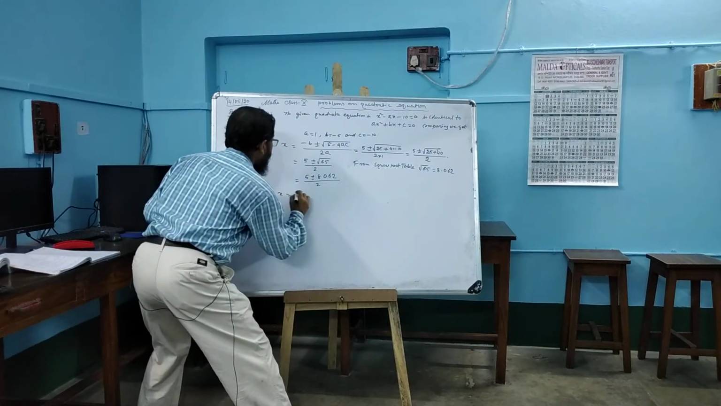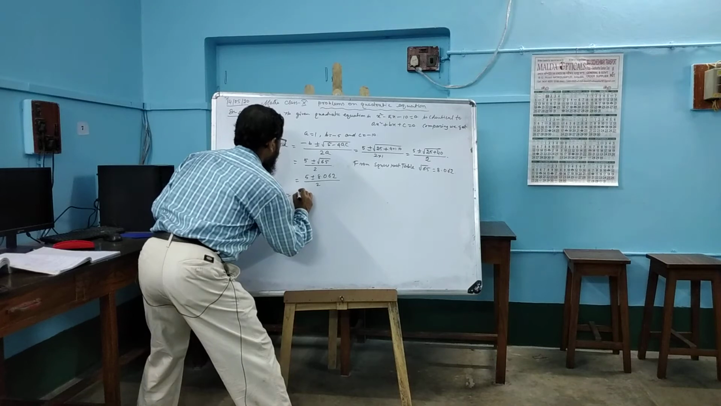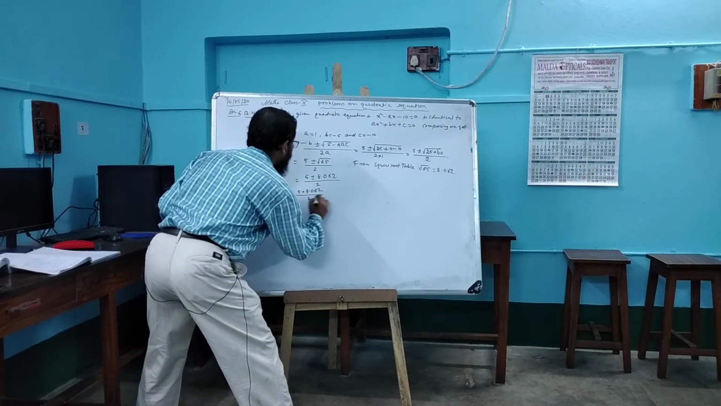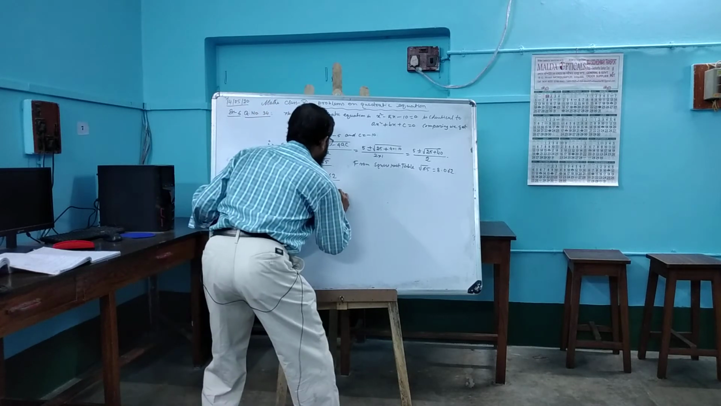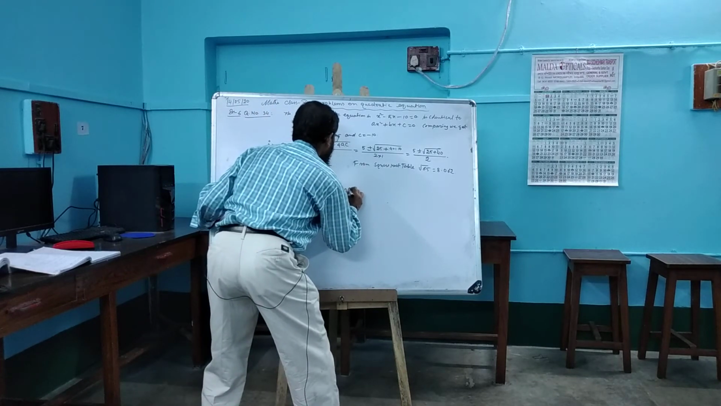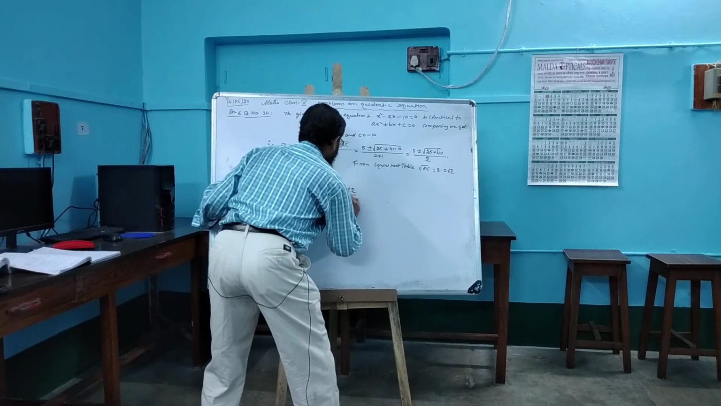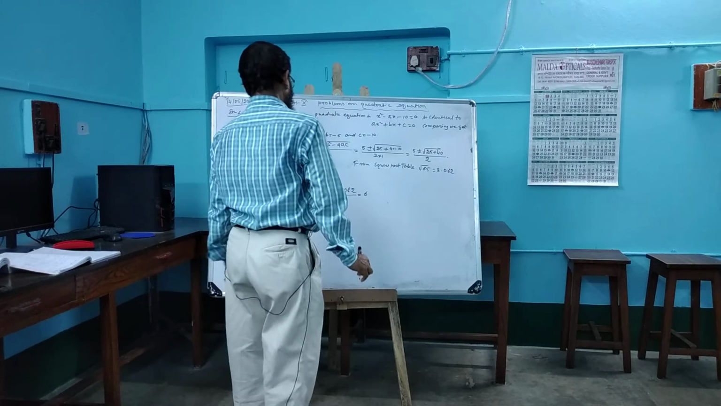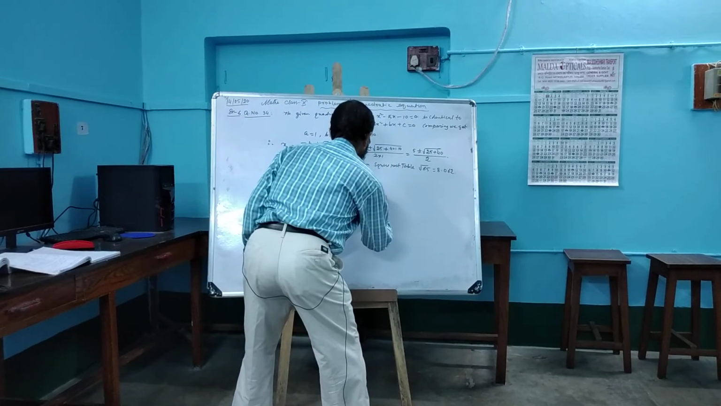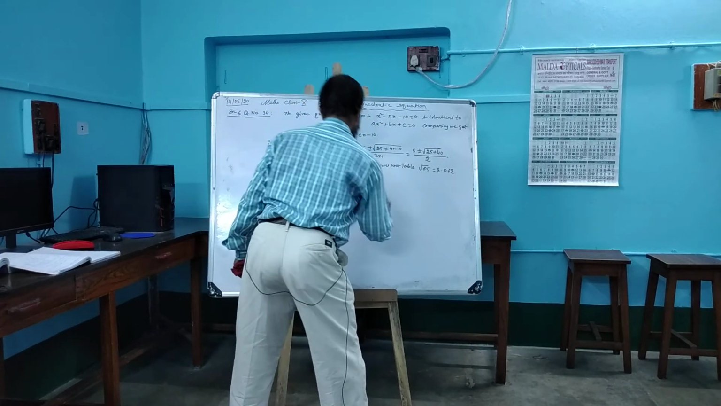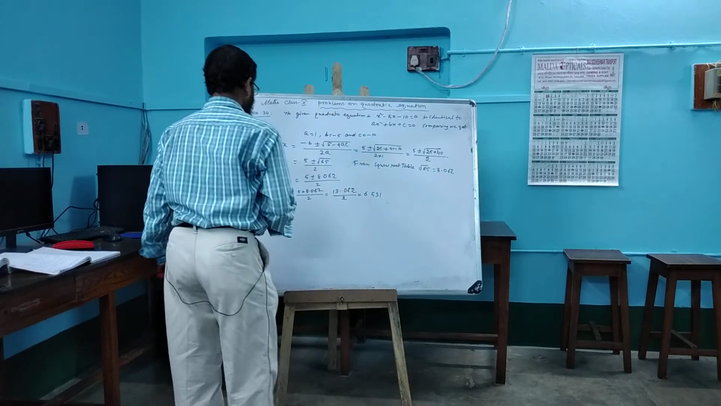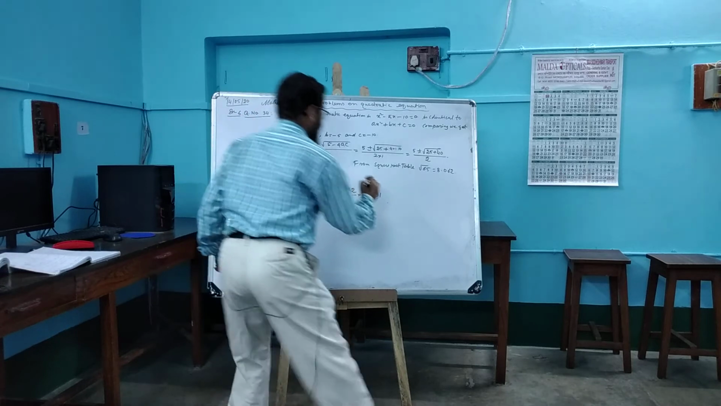Therefore, x equal to 5 plus 8.062 by 2, that's equal to 13.062 by 2, that's equal to 6.531,